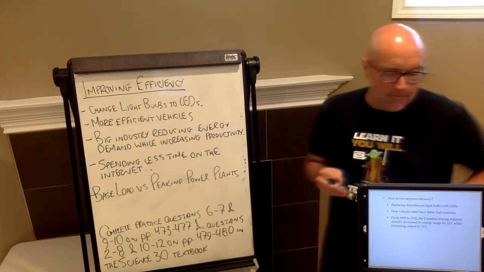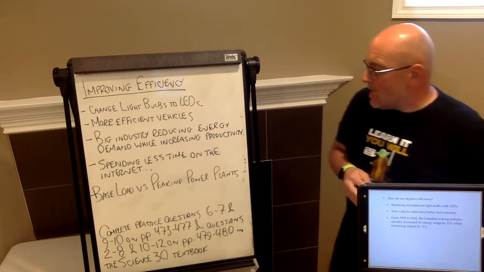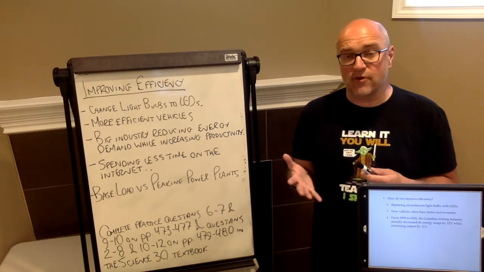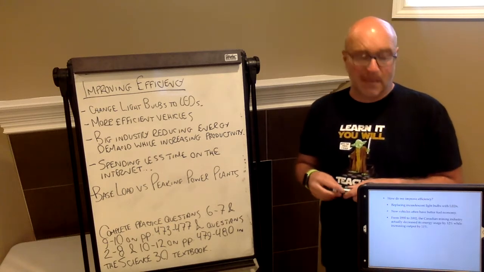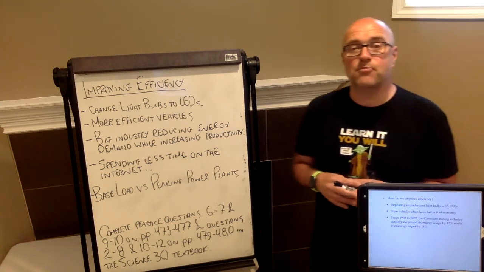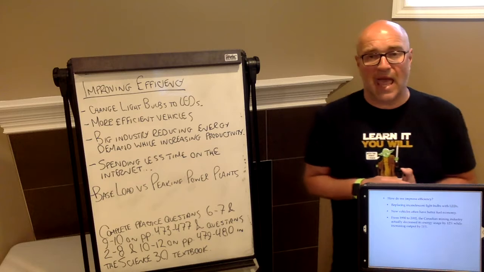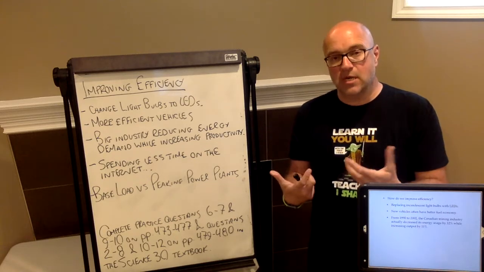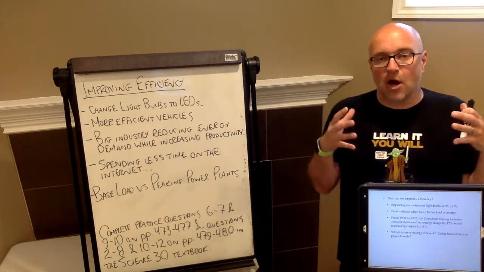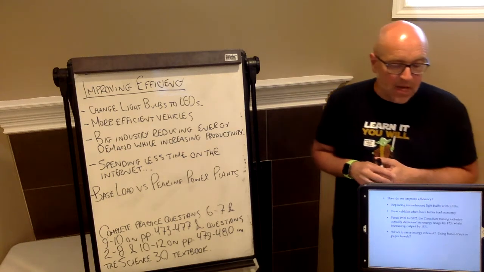What about making industry more efficient? There's a lot of industries in Canada that are actually reducing their energy demand, but also increasing their output. An example of this would be the Canadian mining industry. From 1990 to 2002, the Canadian mining industry actually decreased its energy usage by 12%, but actually increased its output of goods by 11%. So that's a positive sign that there are industries in Canada that are beginning to become more efficient with the use of energy and able to produce more goods with less energy input. So that's going to make our country less energy intensive, or our economy less energy intensive.